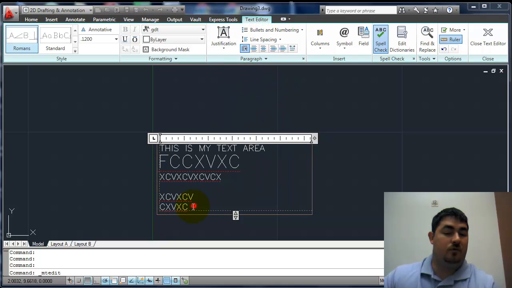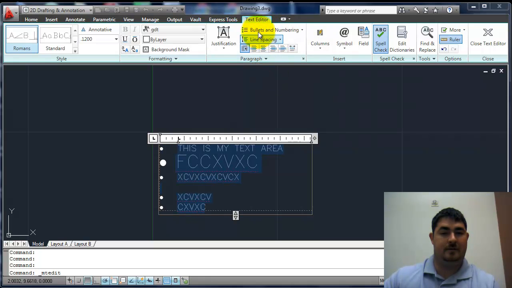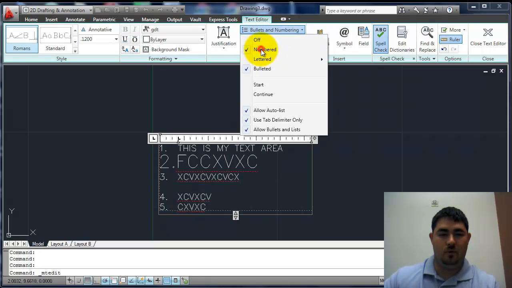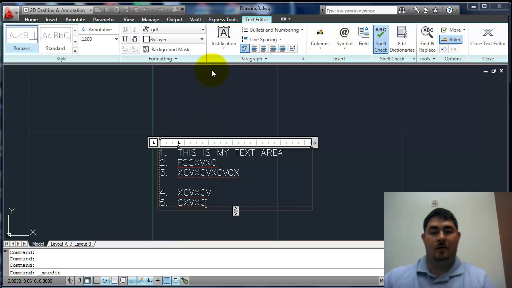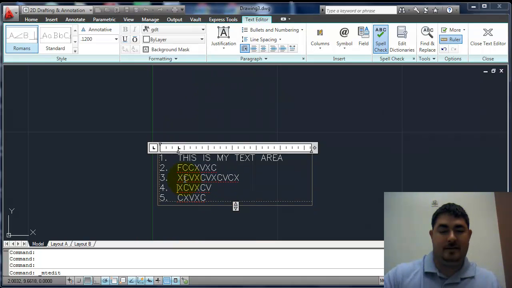In mText, I can also add bullets and numbers. So I can make that a bulleted list or a numbered list. This line is too high, messing stuff up, so I'll bring it back down. I can go back in, take that line out,